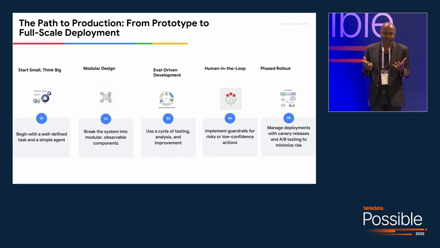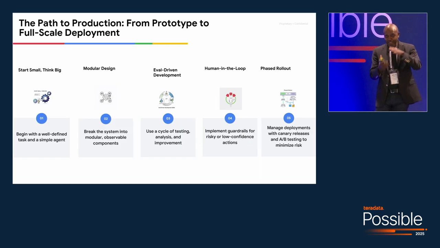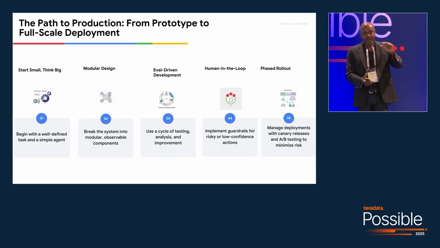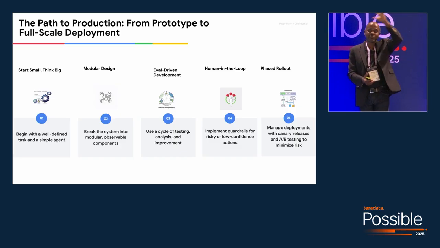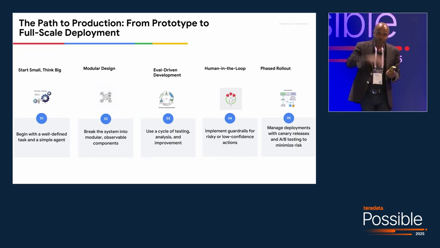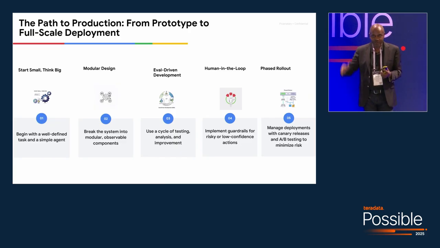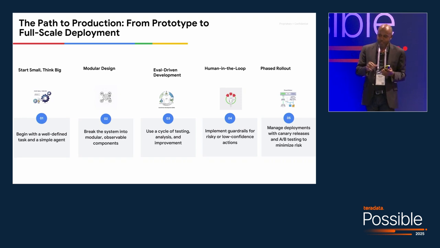Those systems are complex. When you think about the end-to-end stack, you have the infrastructure, you have the data, you have the model, you have the framework, and then you have the agent, and then you have the UI. And all these things need to work together. It could be very complex. It could be like a spaghetti, right? And then you have to make sure the governance around all these things work together. So modularity, start small, think big, and then